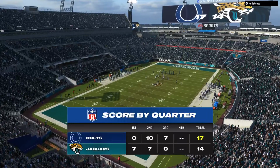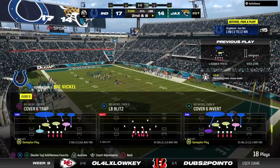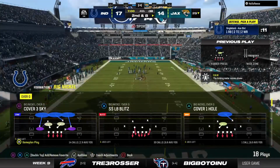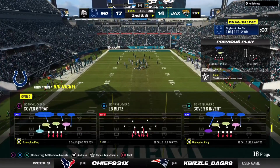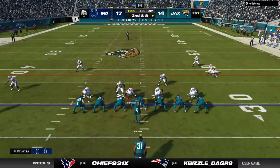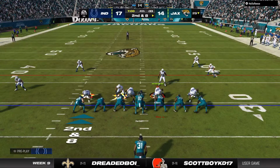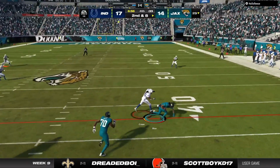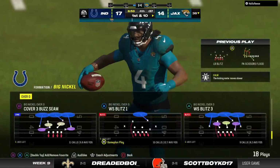Back now in Jacksonville. It's been a very hotly contested game to this point. Just a field goal separating these two teams as we get set for the 4th quarter. Got it here at the 29 on 2nd and 8. Play action. It's Herbert. This one complete. It's Rashee Rice. That one a 1st down